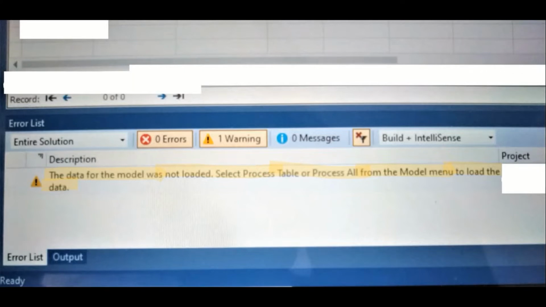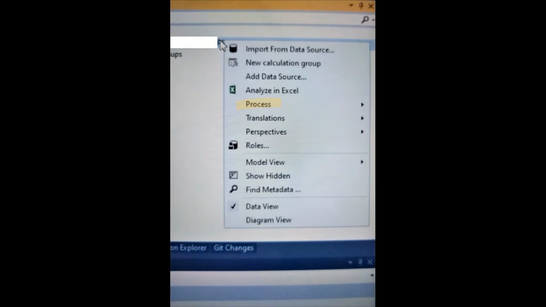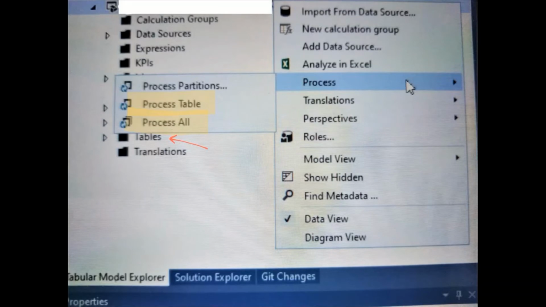If you see any such kind of warning in the error list, then you have to navigate to the model view on the right hand side, where once you right click, you will see an option to process, as highlighted on the screen. So under process, we see three options: process partition, process table, process all. Process partition is something which we will discuss later, but for the time being, we will check process table